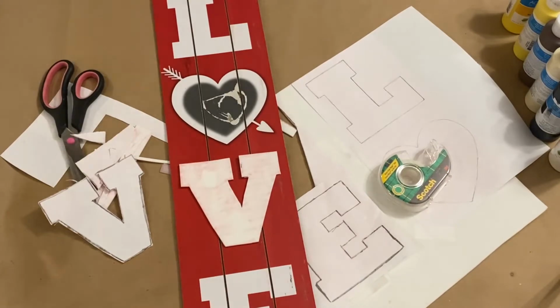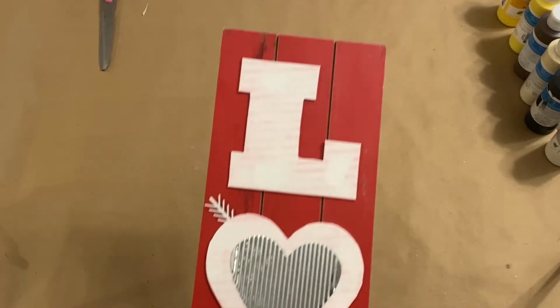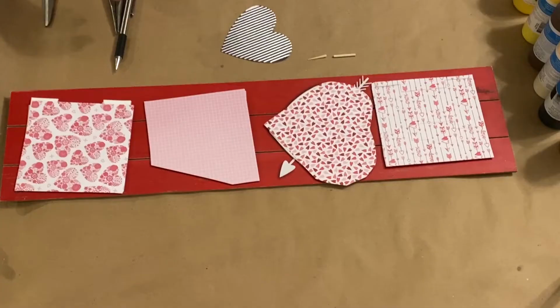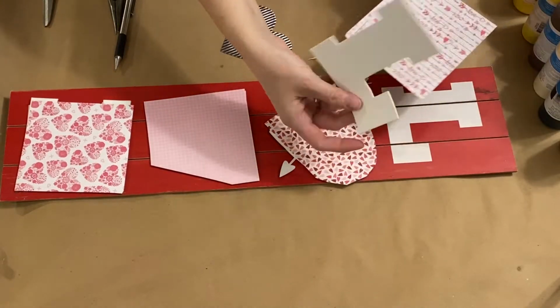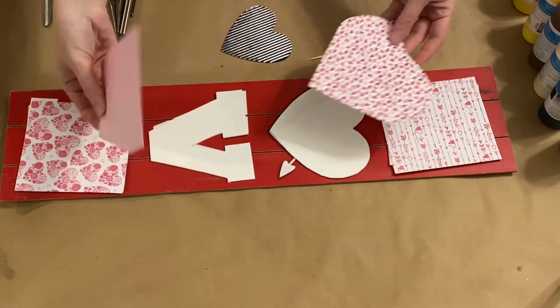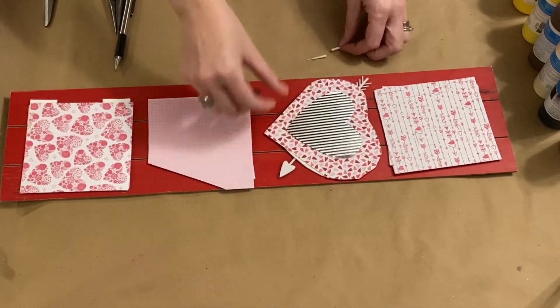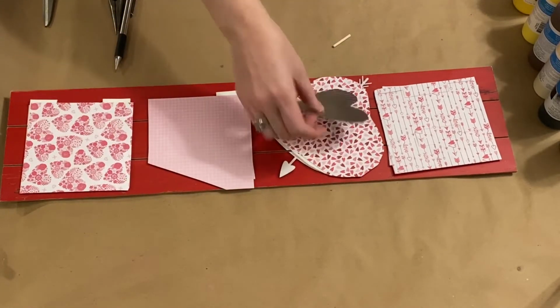And then I just laid them all out and stuck them down with some double-sided tape. And that chalk pastel just wiped right off of them, just with a baby wipe. And then I picked out 4 patterns, just some random heart and pink ones from some scrapbook pads that I have, and just kind of laying them out, deciding